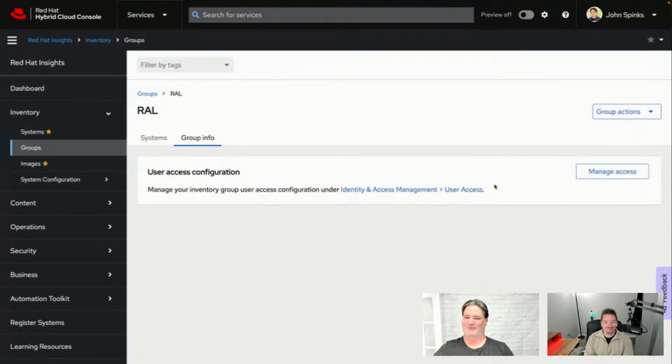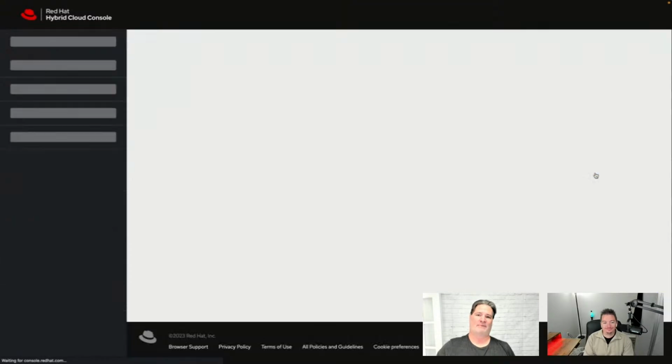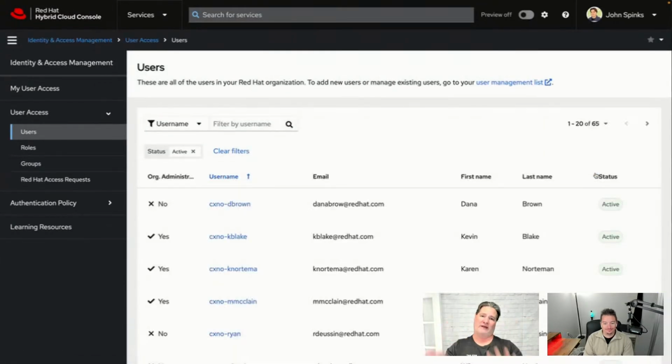And we go into the group info, and what this is going to do is redirect us into that area that we were in yesterday, which is the identity and access management. So by tapping that, it's going to send me over. Again, I'm an org admin. I've got full access to this. You either need to be an organization administrator or you need to be a user that has the user administrator access role. So I completely count. So now that I have my group,